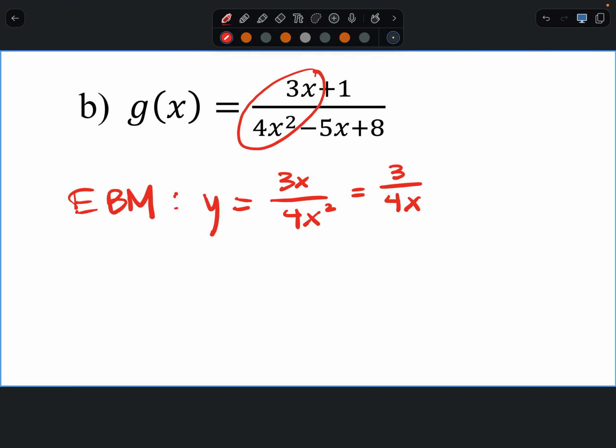In the case that the degree of the numerator is exactly one more than the degree of the denominator,